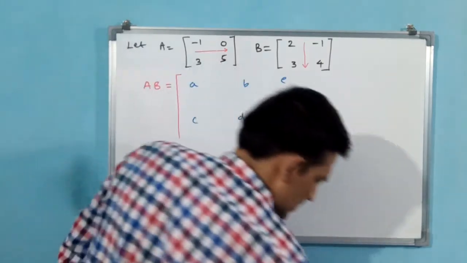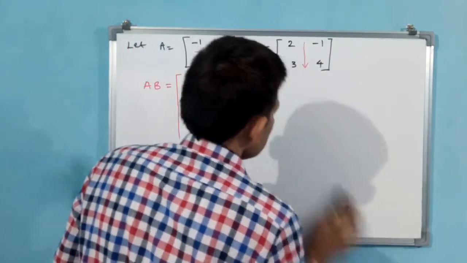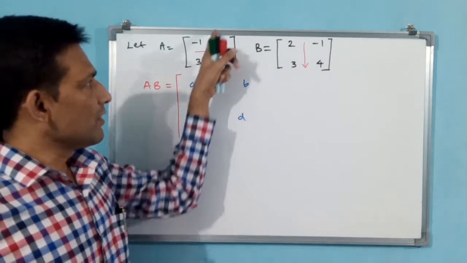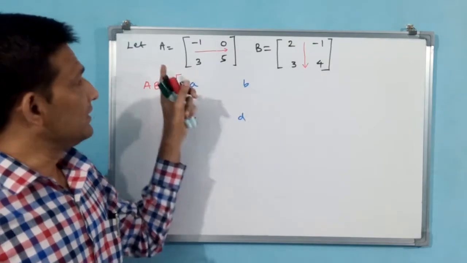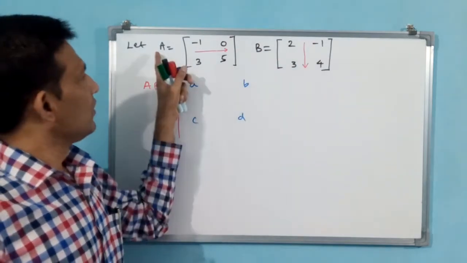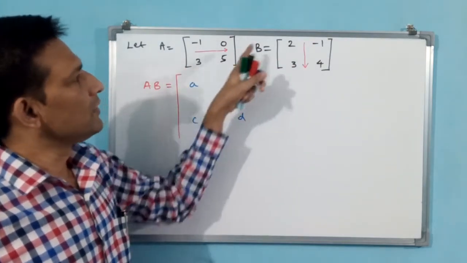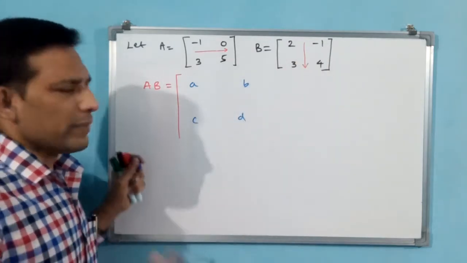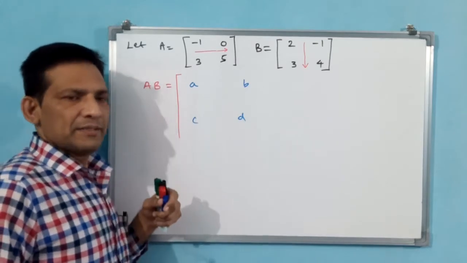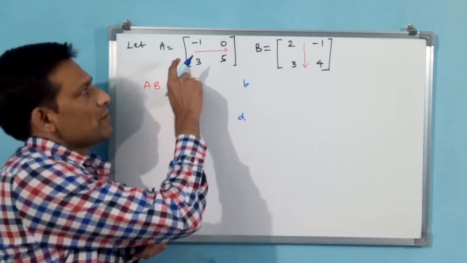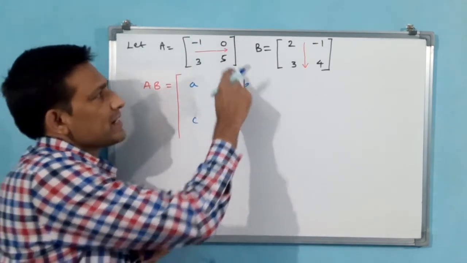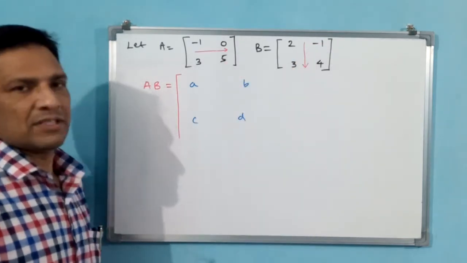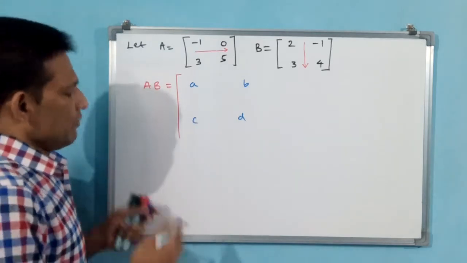But let us see how many columns are here. Already in the last class we have discussed it. See, when columns and rows match, then rows and columns will come. How many rows? 2. How many columns? 2. Like that we can say. Whether you remember that or not is not a big thing, but this you have to remember: the number of columns in the first matrix and the number of rows in the second matrix should match, or else we are not able to perform the multiplication operation.